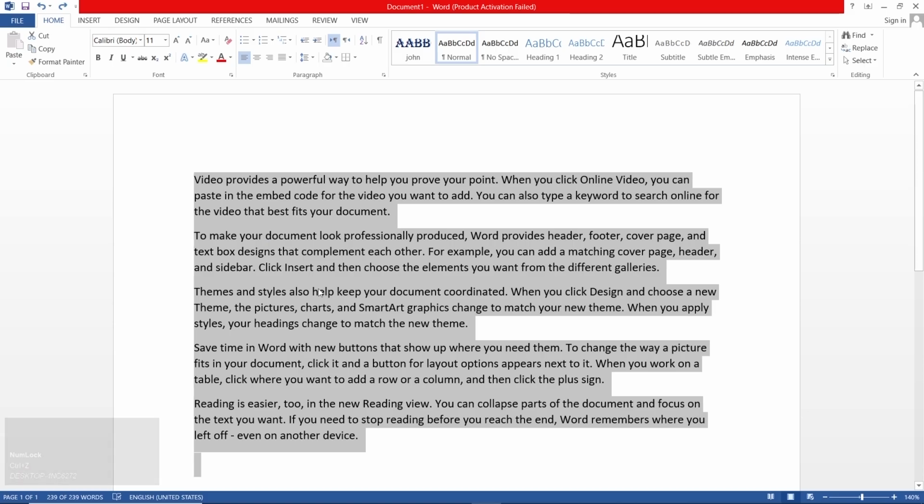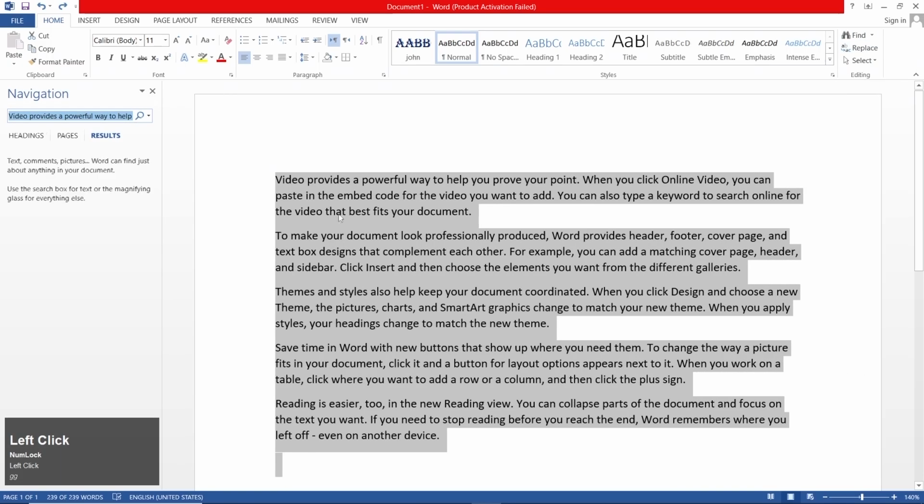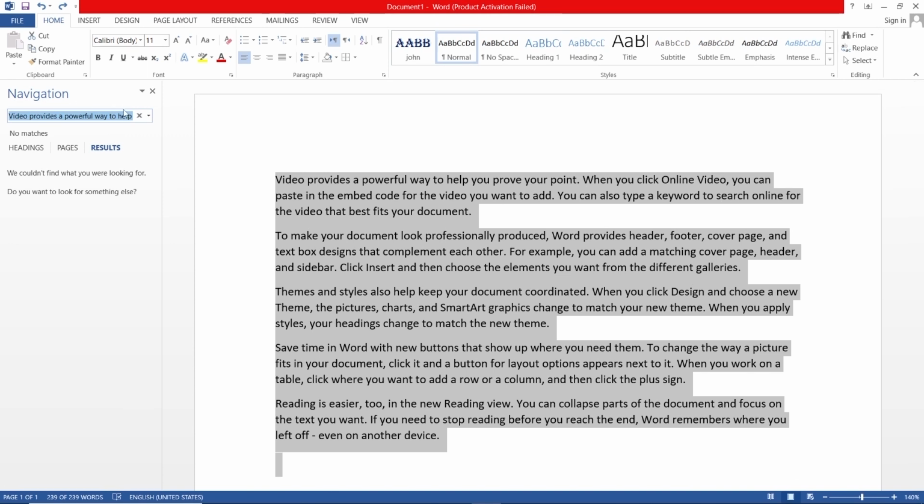Well, you can see that there may be 5 paragraphs present there, and there are many words inside that, many lines inside that, and you need to understand about that what does it talk about, what does it mean. Video provides a powerful way to help you prove your points. So there are many words present in this paragraph. There is an option known as find. If I can go for find option and search any of the word I want,